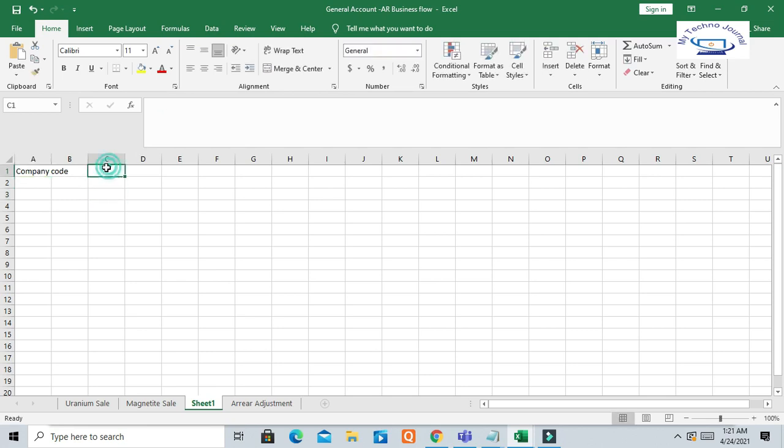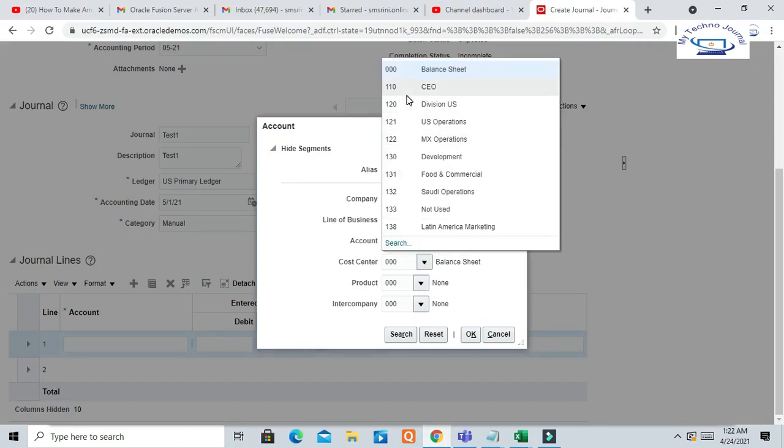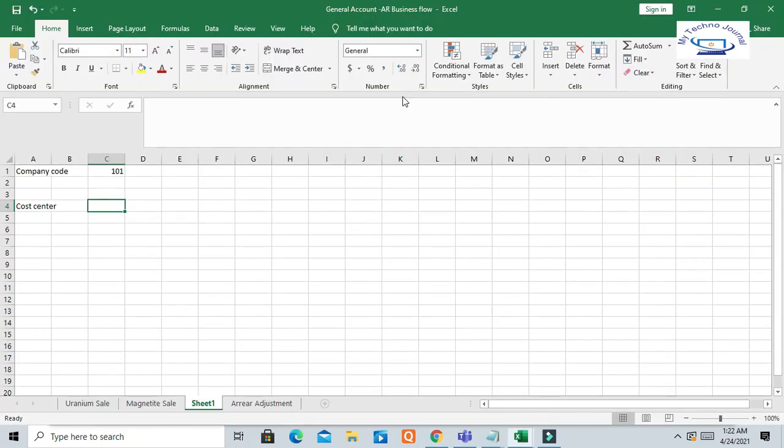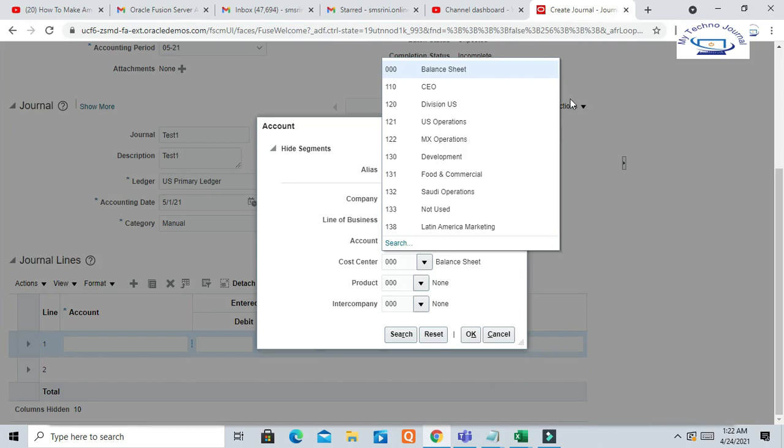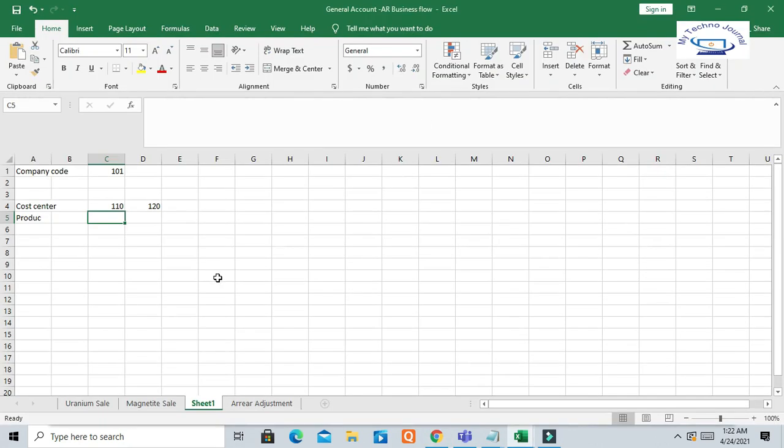Company code 101 is one legal entity, and their related product line segment or cost centers, suppose 110 and 120, and the related products they are dealing with, financial and project, 111 and 121. So this is our requirement.